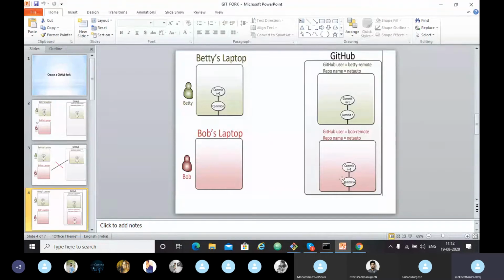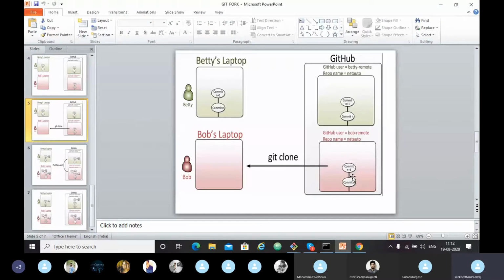he wants. Now if he thinks my repository should also have these edits, he will send me a pull request from his fork. After that I can accept the pull request and my file will be merged from his fork account. So to do that, we need to go to my GitHub account.